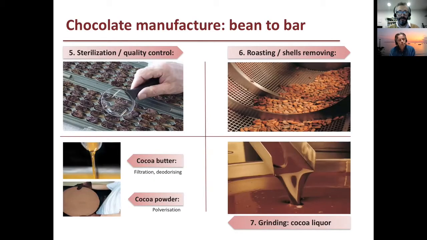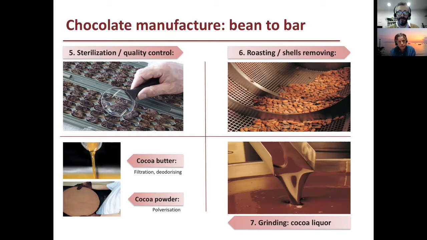So number 5 is somebody looking at a load of beans that have just arrived. They've been cut in half, and someone's going through them to make sure the beans look good. So they've got to be not too big, not too small, no sign of infestation, no sign of mold, right sort of color. All these factors are important in making sure that the beans are of sufficiently good quality to use.